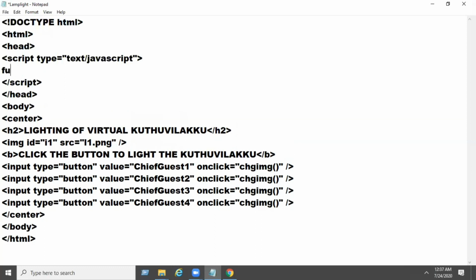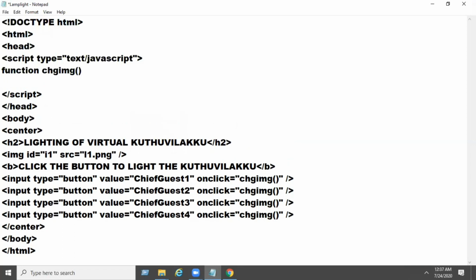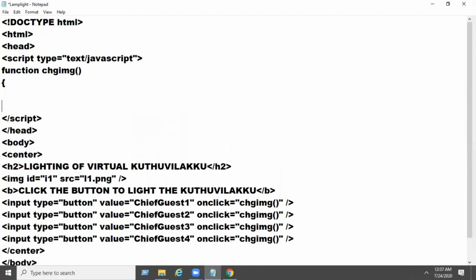Here head end, and create a function. Here the function name is chgimg. Open as well as close curly brace.